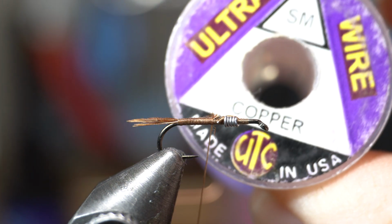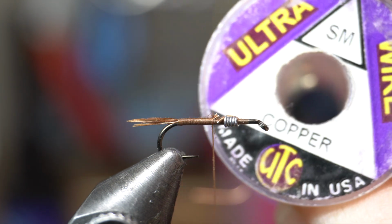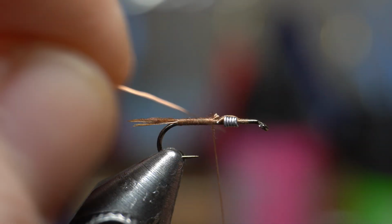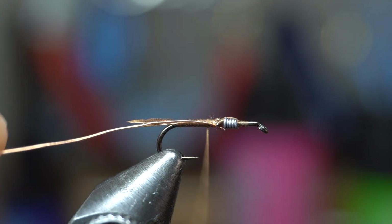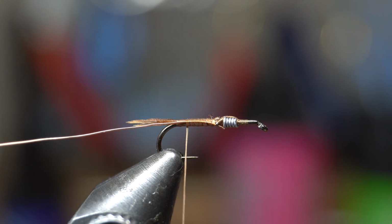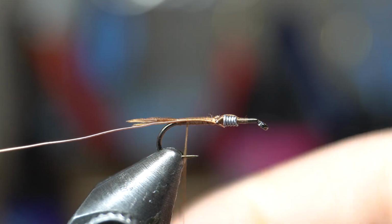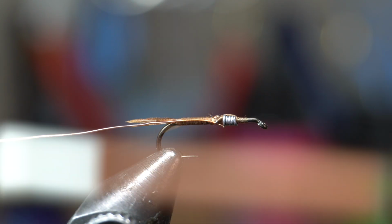Next I've got, you can use gold, you can use silver, you can use whatever you want. I've got copper wire in small. And we'll just start that right behind the lead. What we're doing is we're creating a nice taper on this, so if you were to start it kind of midway, then you would get a bump there. This is just going to keep that nice even tapered body. And you can see I just